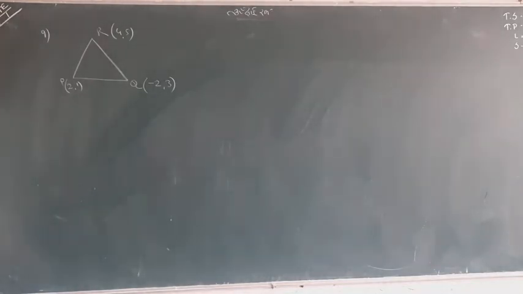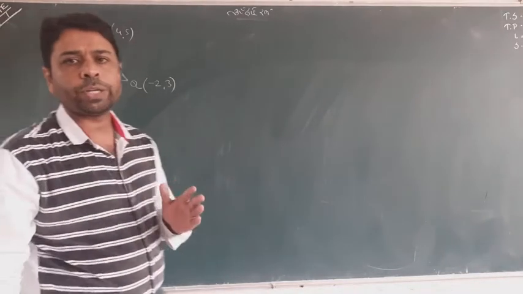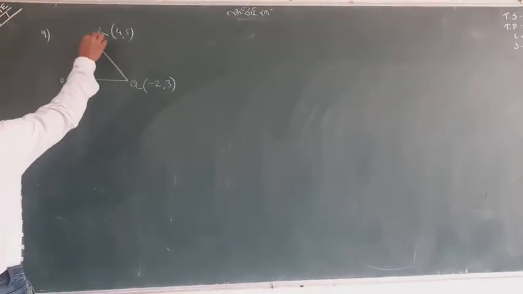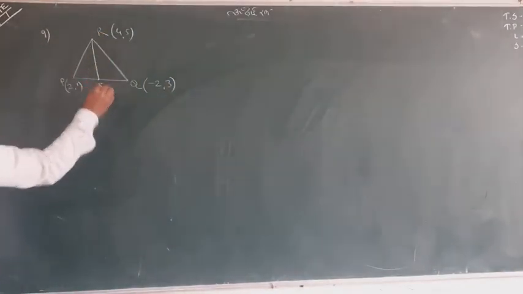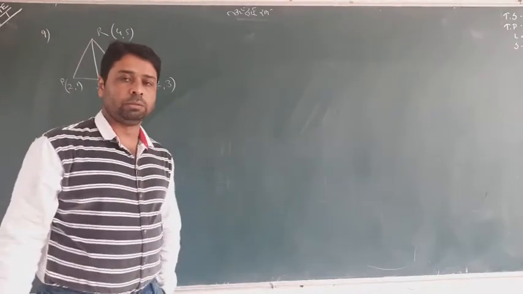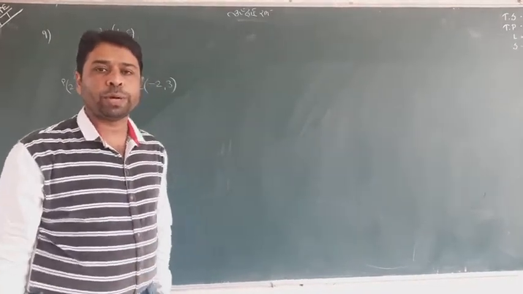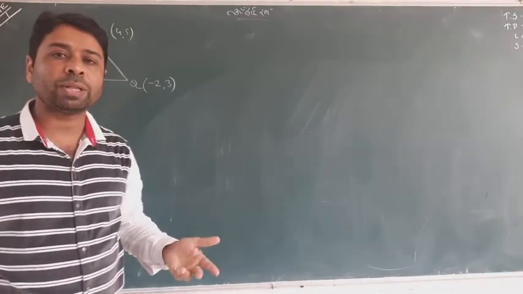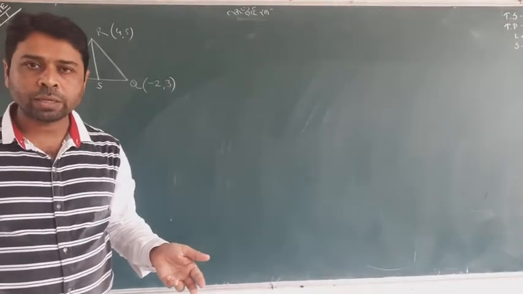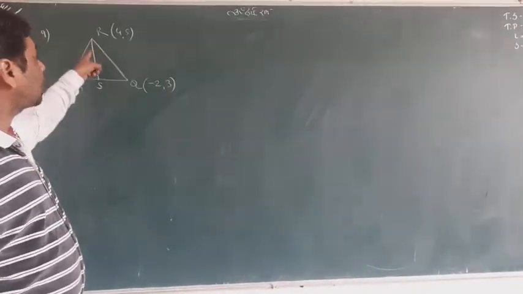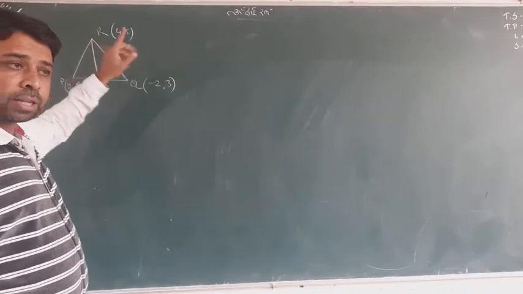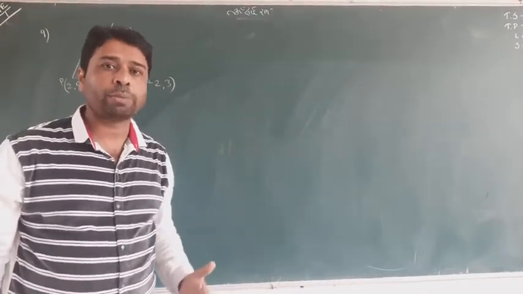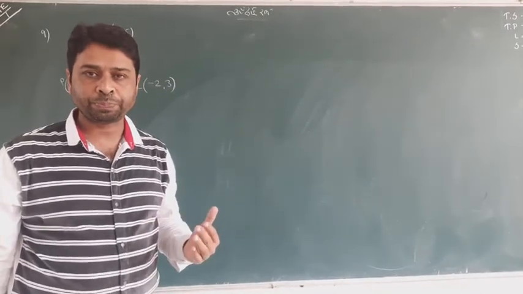A very easy question they ask here. Find the equation of the median that passes through the point R. Meaning we have to draw the median. Suppose RS is the median through the point R. We have to find the equation of this median, and the median is itself a line. So we have to find the equation of line RS. Before finding that, let me explain by recalling all your knowledge about the forms of lines.